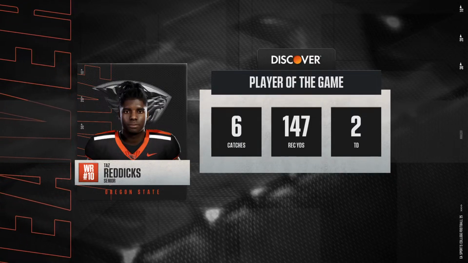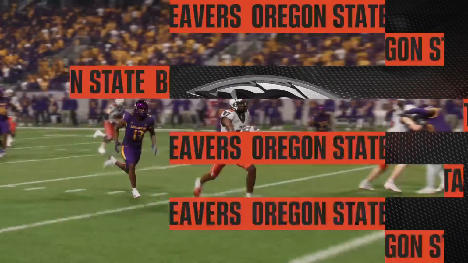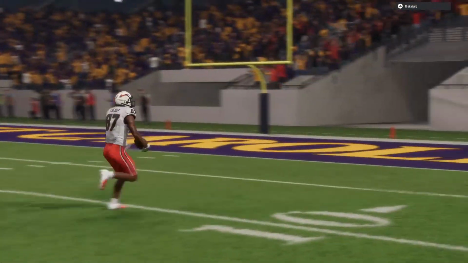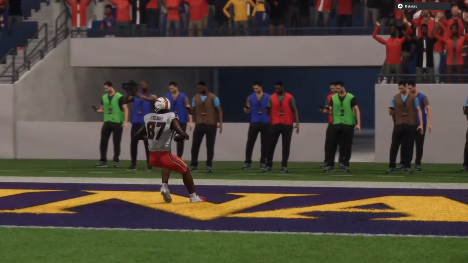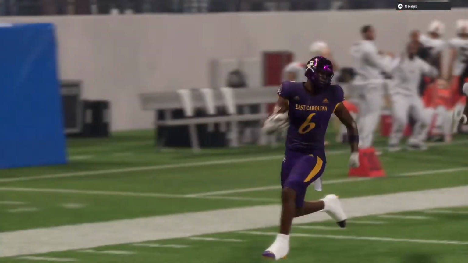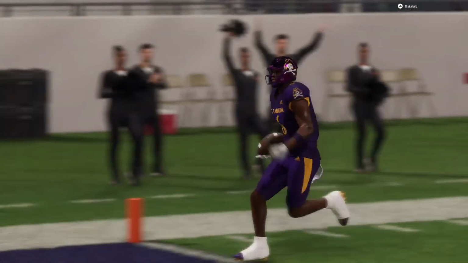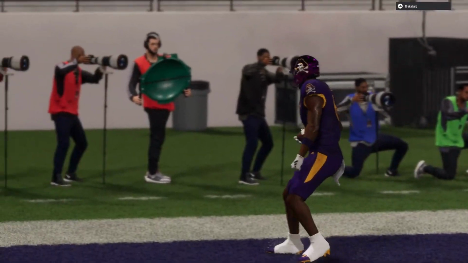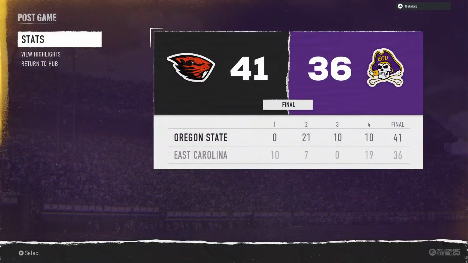Now, for the losing team, obviously not the way you want to get into this season. There were some mistakes with execution, and guys are going to have to do a better job individually. But that's why you play the games. You get to now go back to the drawing board, get back on the practice field, try and iron out these wrinkles. It's a long season ahead. A lot to play for.